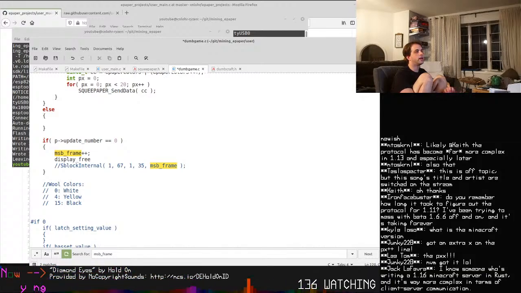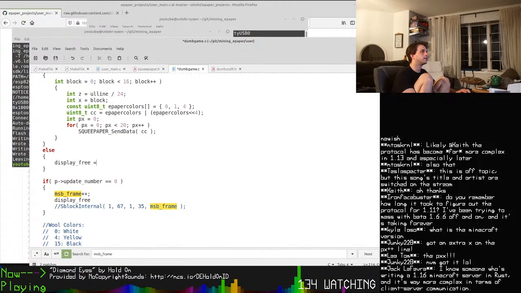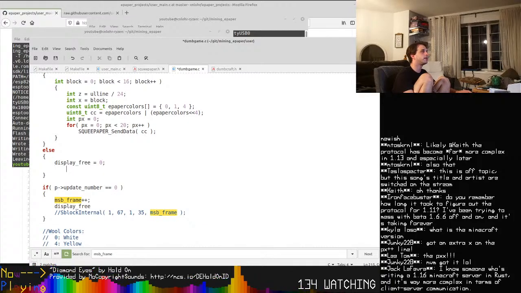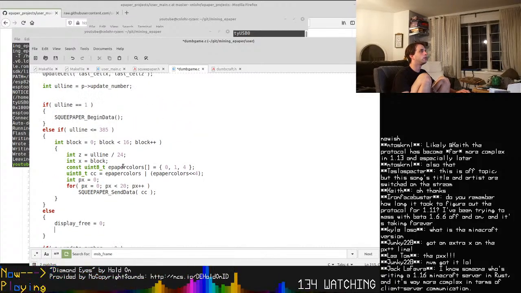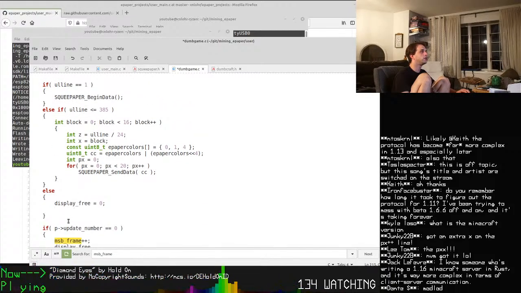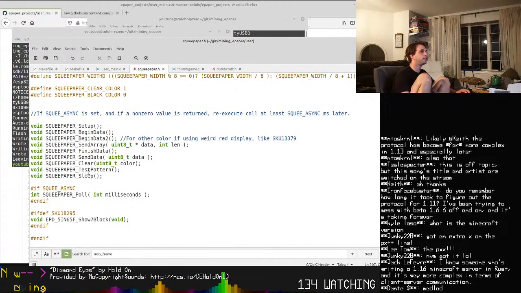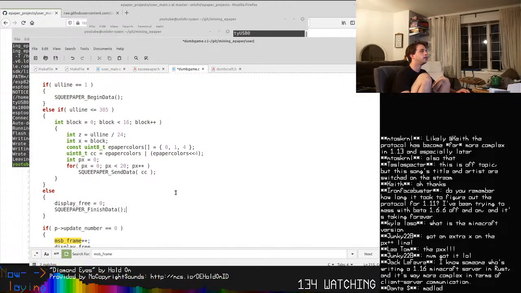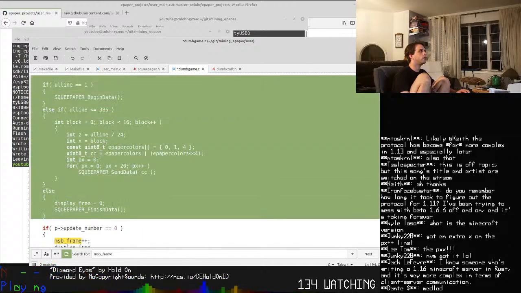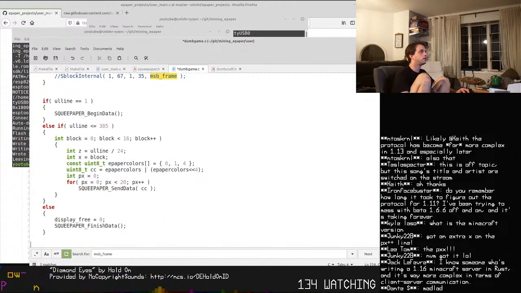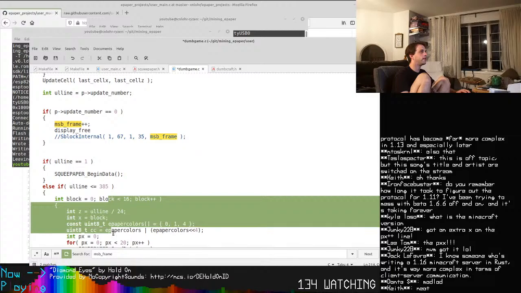By the way, if they ever actually get that running in Rust, you might want to go take a peek and see if you can get this project updated with it. Display free is false, and we're going to want to finish sending the data. So finish data. Boom. Now this all go right there,